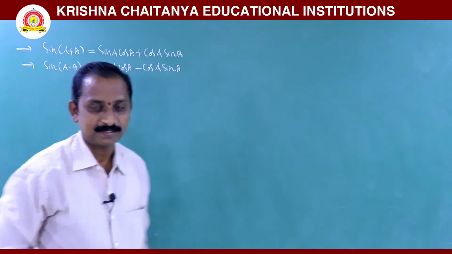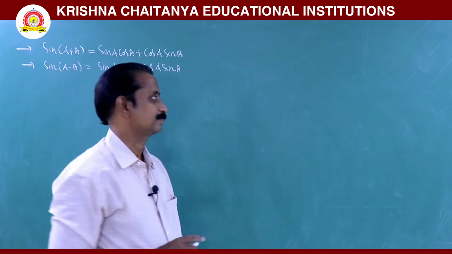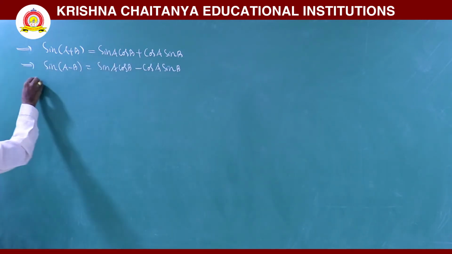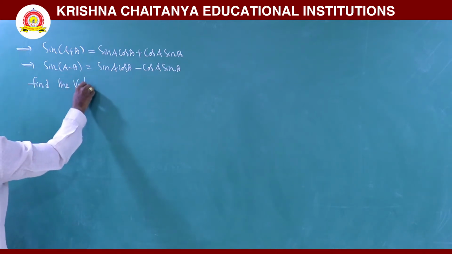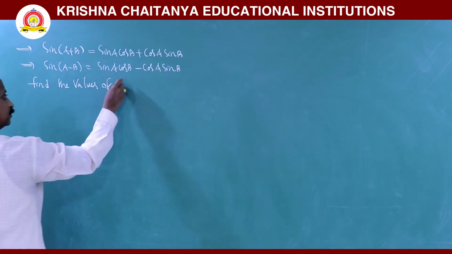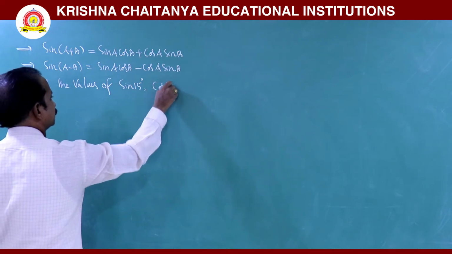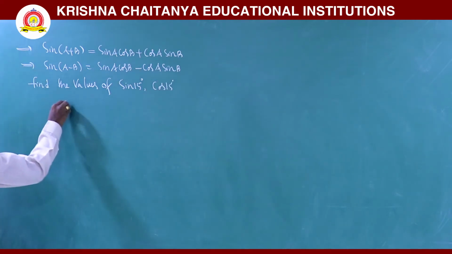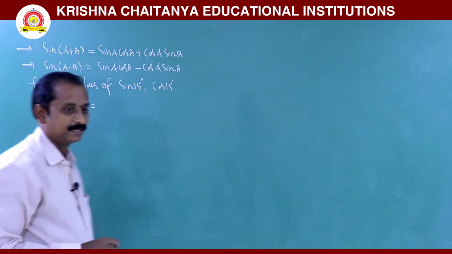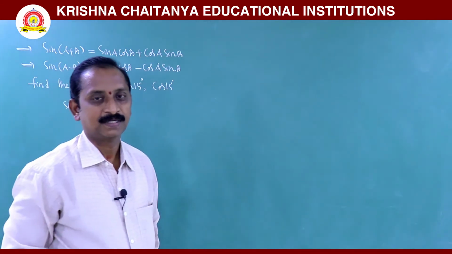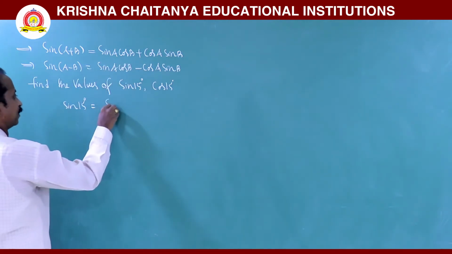Using these two formulas, we can derive the values of sin 15 and cos 15. So first find the values of sin 15 degrees and cos 15 degrees. Consider sin 15. Originally 15 degrees can be split in so many ways, but using known values we can write sin 15 as